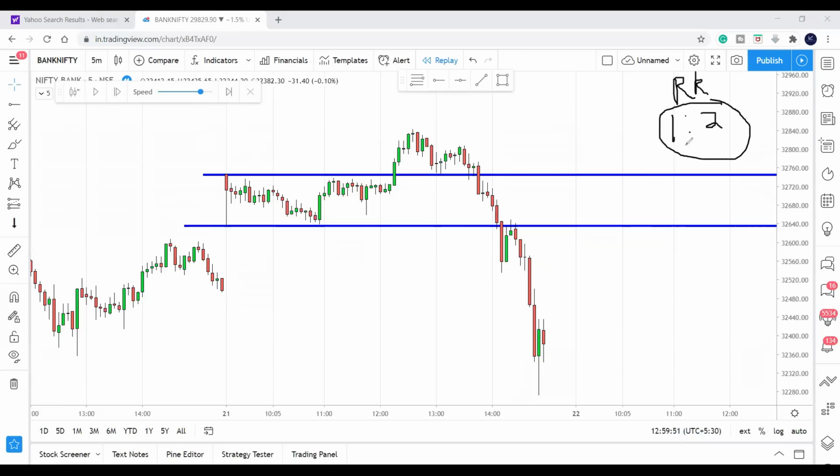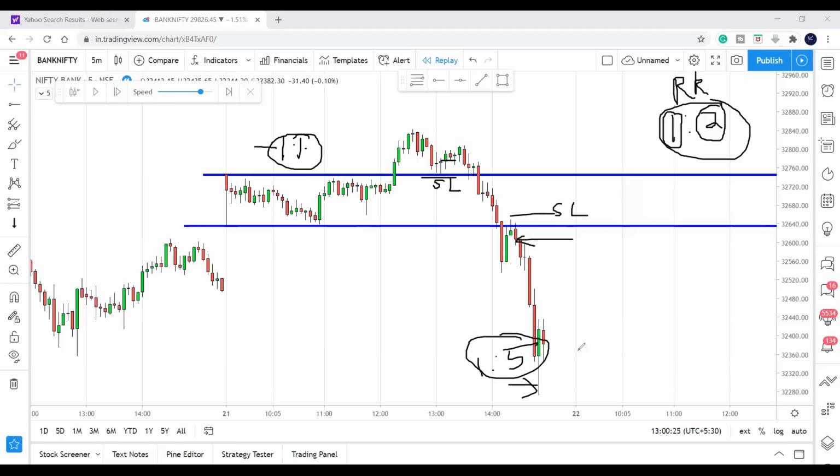Okay, risk reward. Whenever your trade fails, you should lose only 1%. Whenever your trade works, minimum 2% or more. So here your trade failed, your stop loss hit, right? Your stop loss is gone. You lost 1% of your capital. You made a loss. But in this trade, you shorted here, kept your stop loss here, and look at this. It is more than 1:3, not even 1:2. It can be almost 1:5.